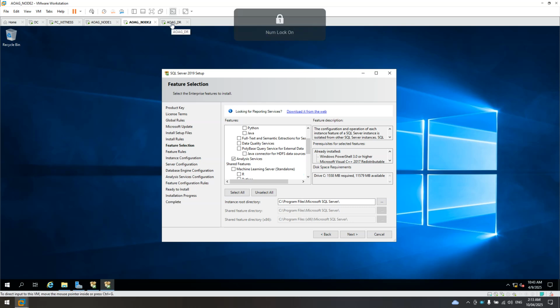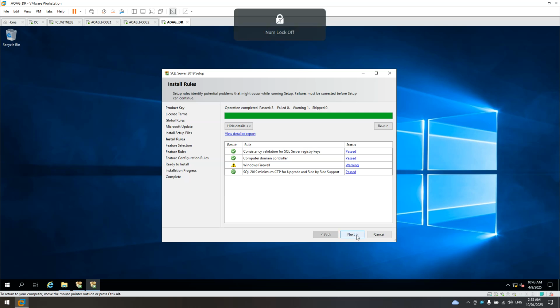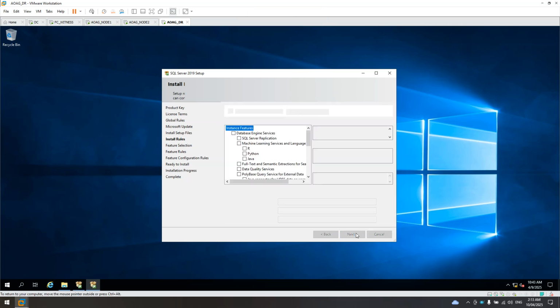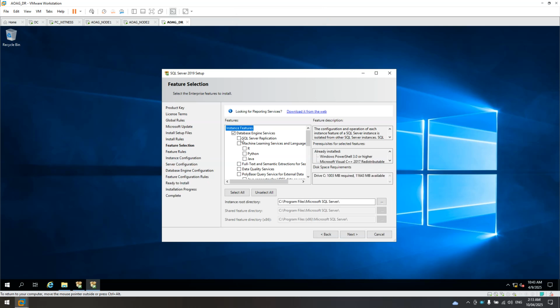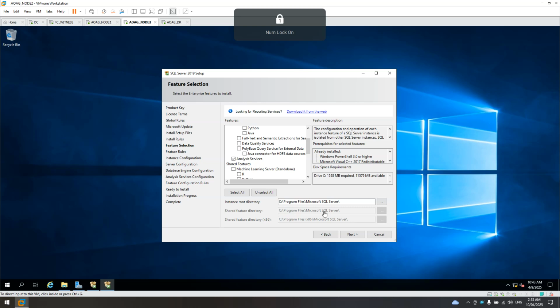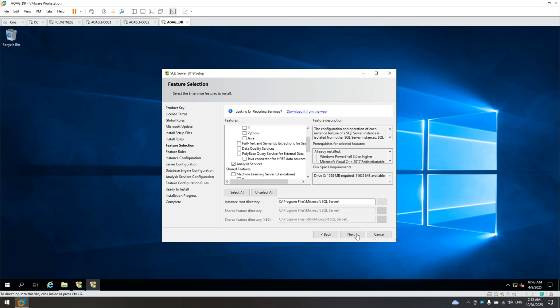It's the same also here in the DR. Let's proceed with node 1. Okay, let's proceed with installation. Next. Same also here in node 2. Next.